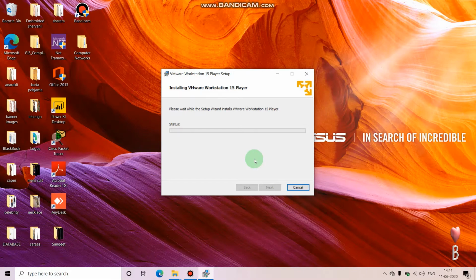So the same steps you have to follow for the installation of the VMware I have done now. Now it is installing guys. It may take some time.